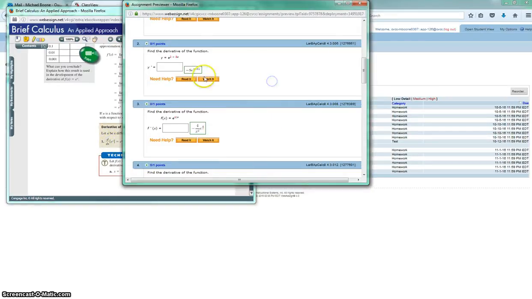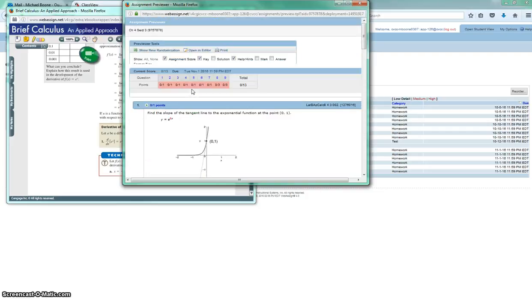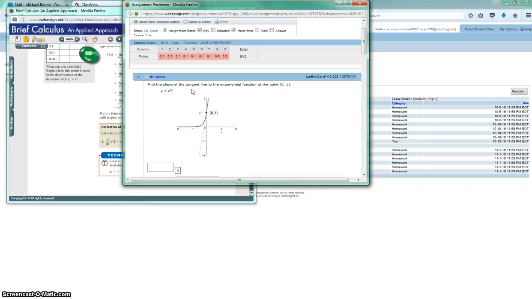So if we have something like this, e to the 6x, well, that would not be e to the 6x, because it only works for that baby function, as I like to call them, e to the x, or e to the u is e to the u. We always have to multiply by the derivative of what we've substituted for. So this one would actually be 6e raised to the 6x, because we have to multiply by the derivative of